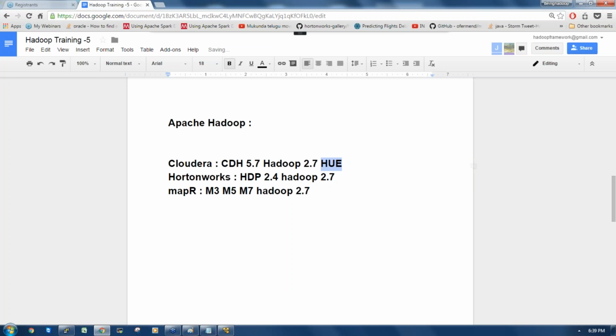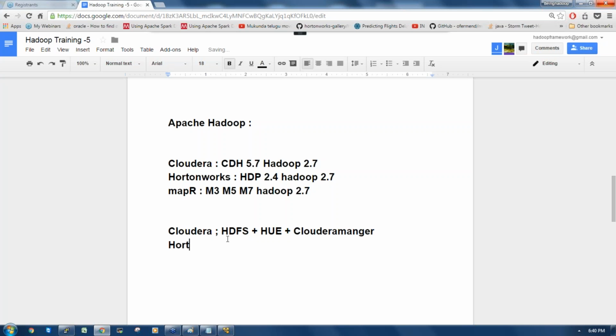See here, if you are using Hadoop from Cloudera, we have the HDFS file system available where we are storing the files. Then we have Hue available as the graphical user interface for the developers to work. For the administrators, Cloudera Manager is available to administer the Hadoop cluster. So it's an admin tool. Like we have Nagios, Ganglia, we know that, right? The same way in Cloudera, we have Cloudera Manager where we can administer the Hadoop cluster.